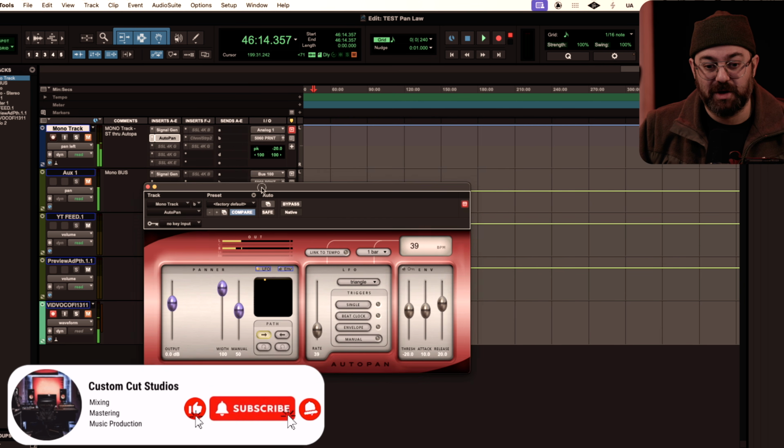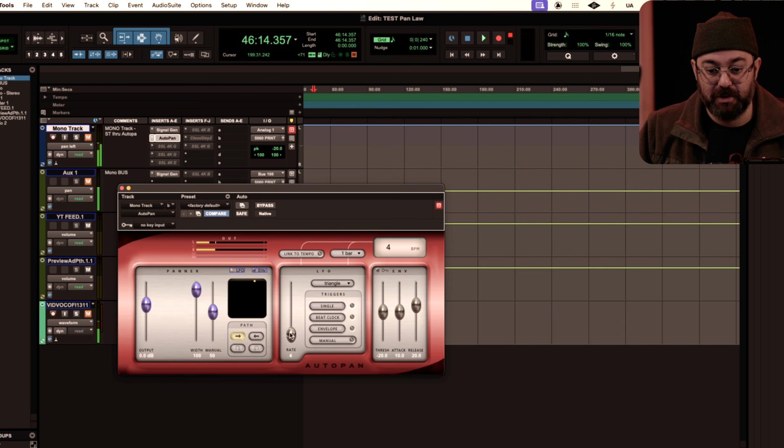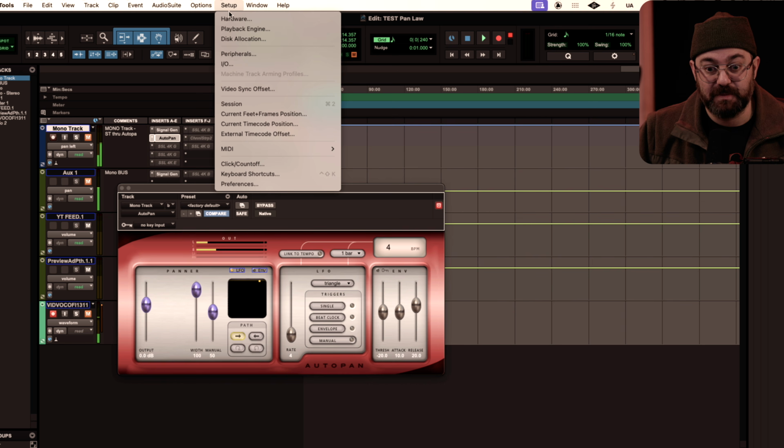What do you think the pan law is in autopan? Well, I'll give you a hint. If we lower this thing all the way, and you can see where it is now, as it gets off to the side, when it's completely off to the side, if I keep resetting, see it says negative 20 on our peak, right? Now, this is totally, like I said again, irrespective of what